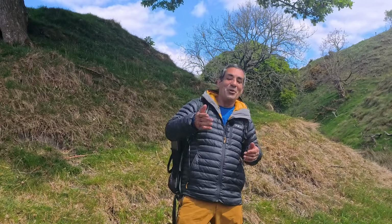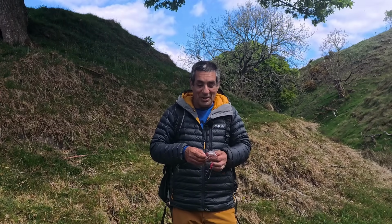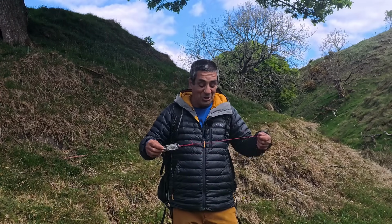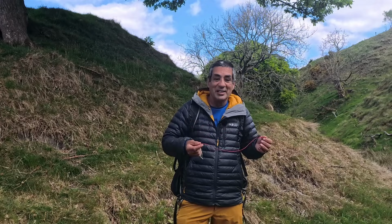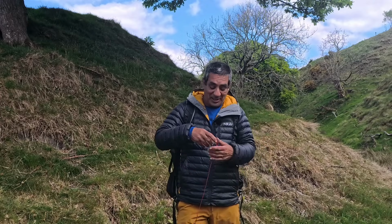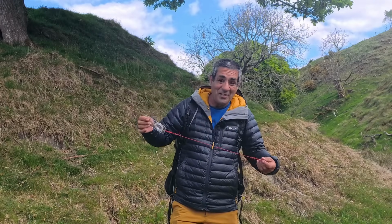That way, it's there. Unfortunately, most stock lanyards are too short to do this, and I'm not sure why. So you've got a few options. You can replace your lanyard with a piece of paracord, or on some brands like this one here, you can just undo the overhand knot and then retie it to your preferred length. I recommend tying the compass directly to one end of the lanyard, like this, and then leave a loose end with a small loop or a carabiner, so you can attach it to your gear,